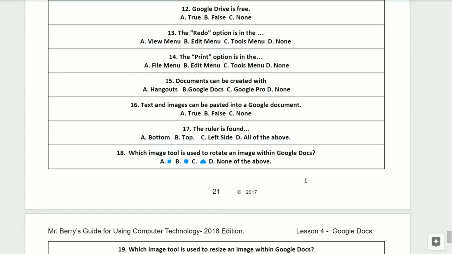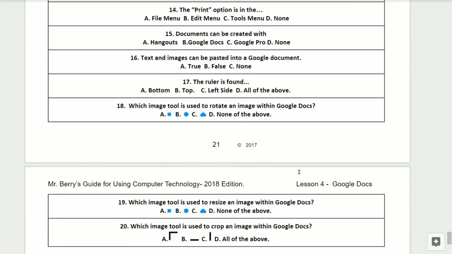Text and images can be pasted into a Google document. Is this A, true, B, false, or C, none of the above? Question number 17. The ruler is found, is it A, at the bottom, B, at the top, C, at the left side, or D, all of the above?